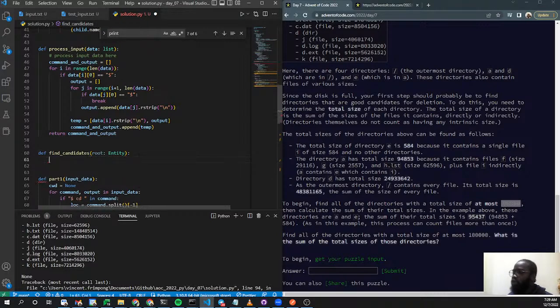And what it should do is basically traverse over the children and try to find which one of them has size of at most 10,000, right? And so yeah,